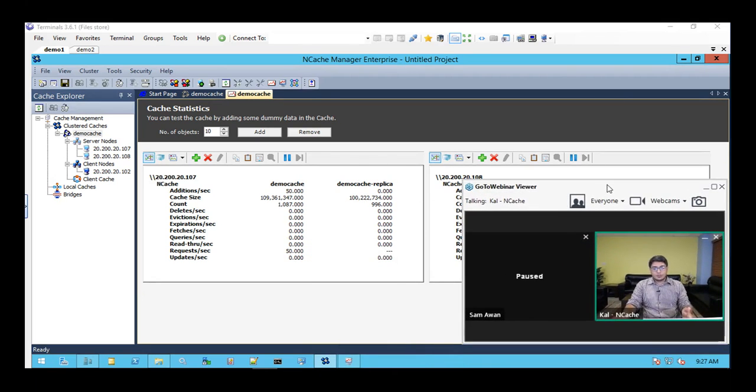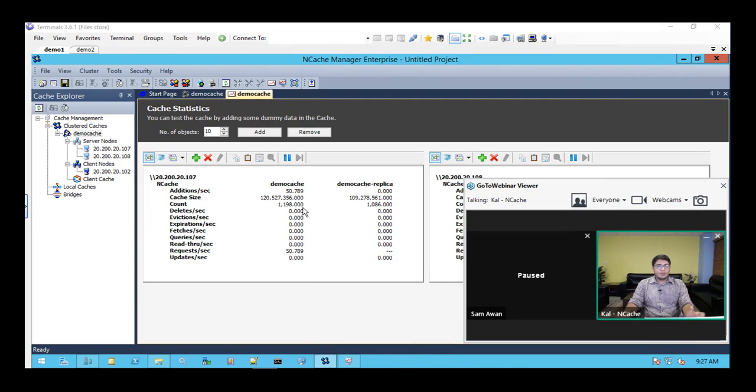Let's wait for it to complete, and once it completes, we can note down that number and use it for comparison for the later features that we are going to be testing.